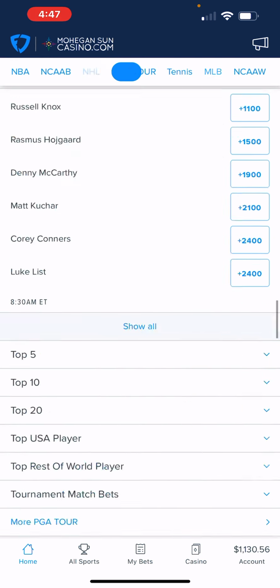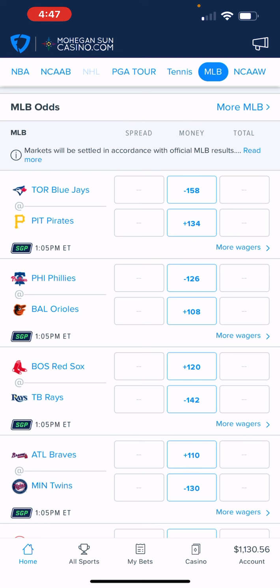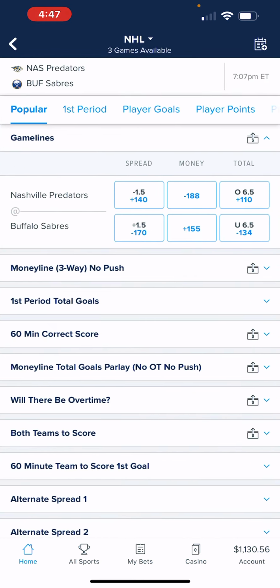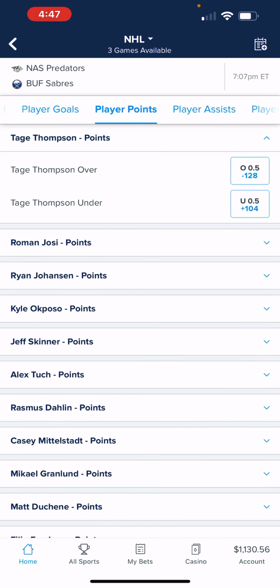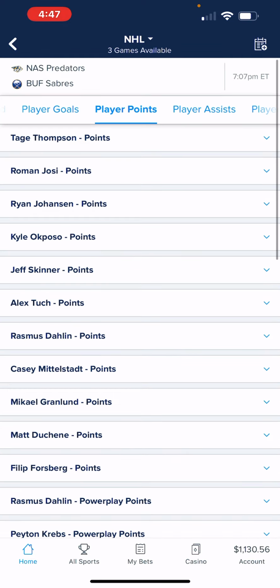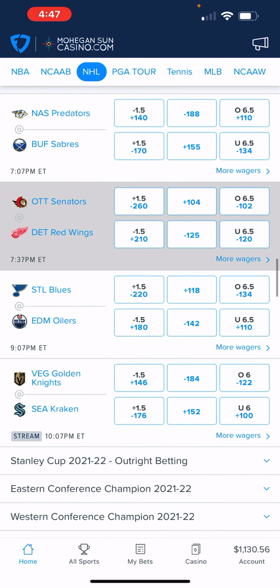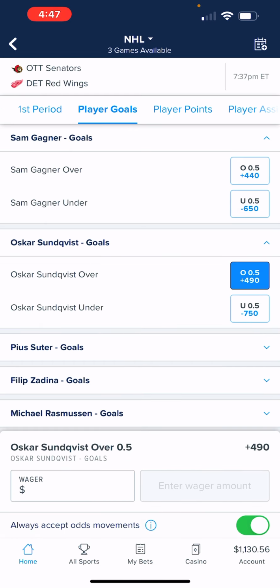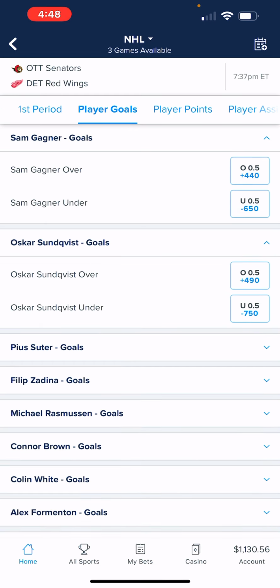Just look at all the data that you can. Go into the actual games and look at the same game parlays that they have available, like player points for this particular game. I don't think they have the same game parlay for this one, but they usually do. Let's see. Yeah, so this one is not available.